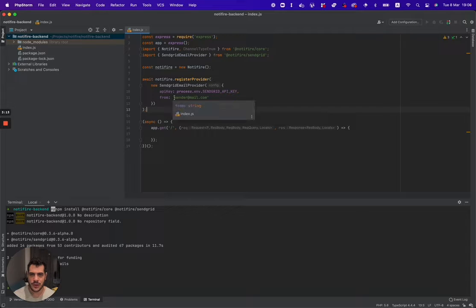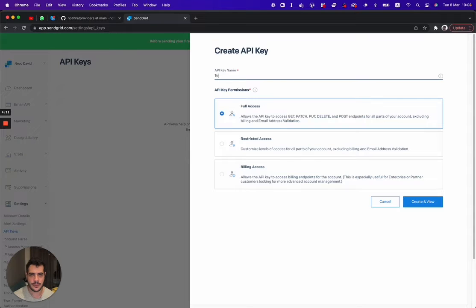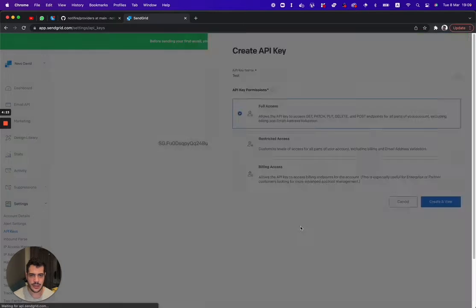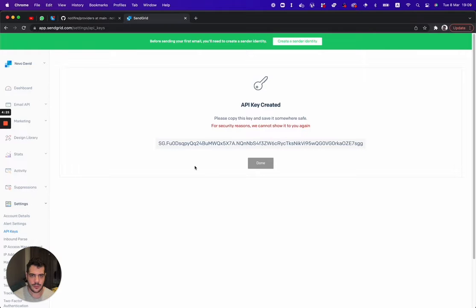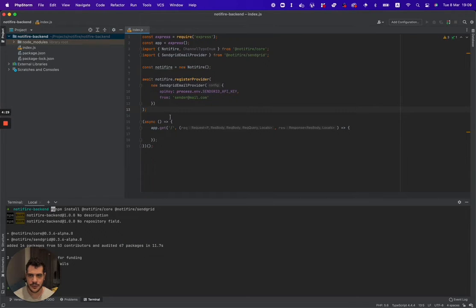You put your from and your API key. Let's do a quick registration to SendGrid. Let's call it a test and create a new one. Once I finished, I got this key. Let's just copy it and paste it here over the SendGrid key. As you can see in the code sample, they are using an environment variable. You don't have to do it. Let's just edit here, put the mail I want to send it from,